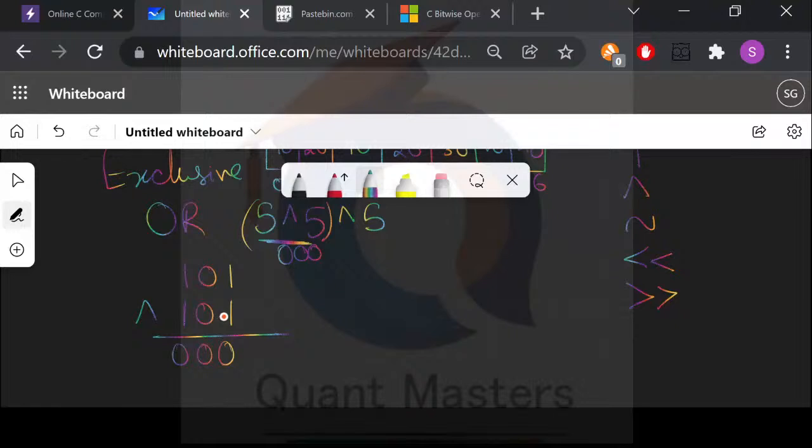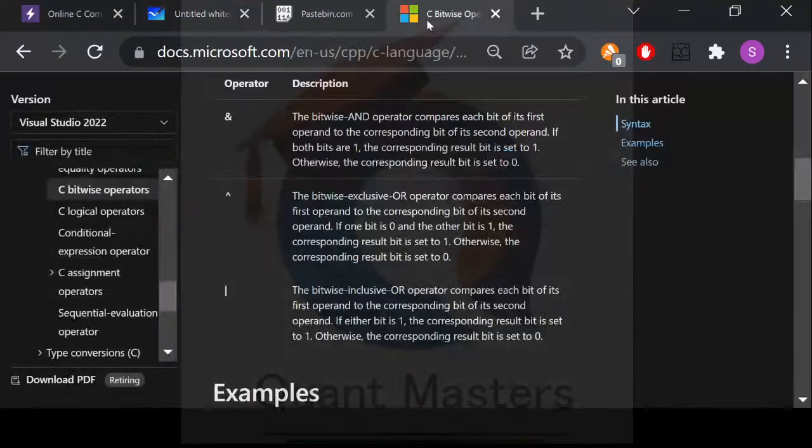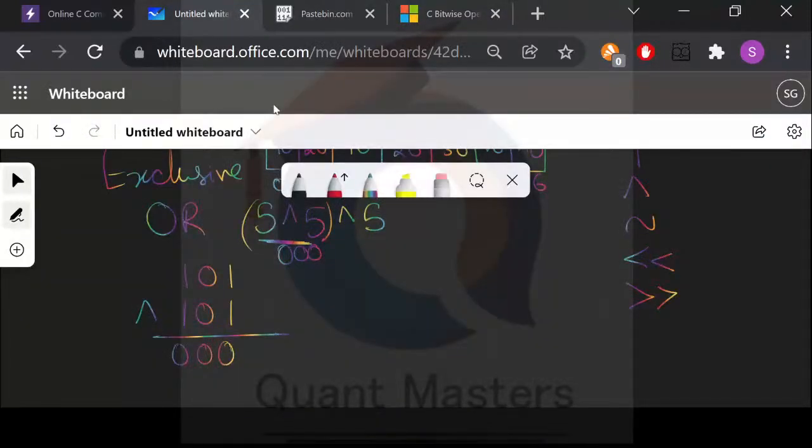Is that correct? Think back. Take a look at this: if one bit is 0 and the other bit is 1, only then is the result 1. Otherwise, the result is 0. Now in this case, take a look at the next number. When you perform XOR of the previous result, which is 0, with the next number, which is 5,